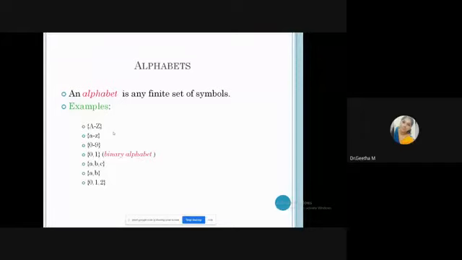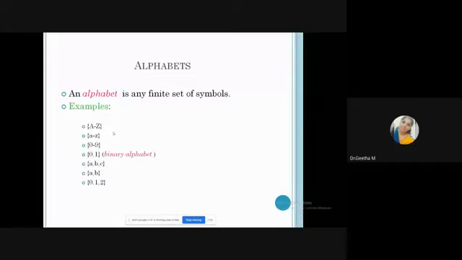This is called a binary alphabet. For the purpose of simplicity, throughout our TOC, we are going to consider a binary alphabet, which may consist of either zeros and ones, or small a's and b's. Another important point is that we denote our symbols only by small letters, either zeros or ones, or small a's or small b's. These are the types of characters we are going to deal with hereafter.